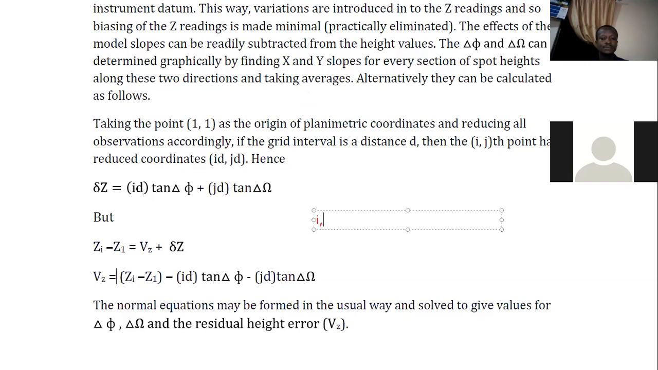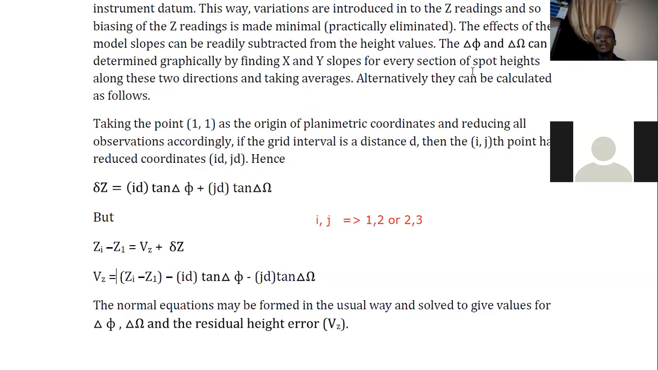So I, comma J, is synonymous with saying 1, 2, 2, 2, 3, 3. So it's referring to a set of points, IJ. Okay, all right. So as you can see in here,